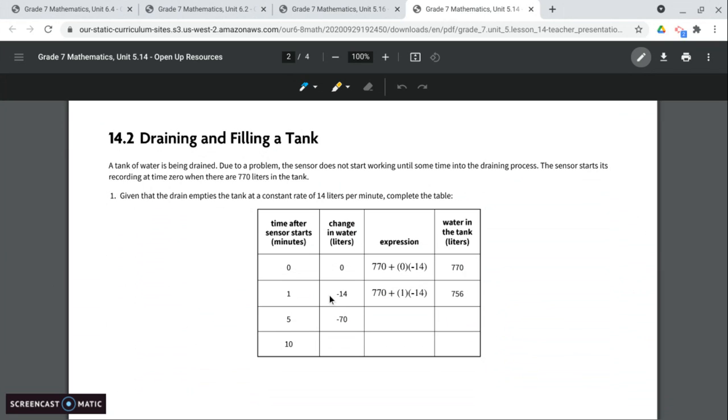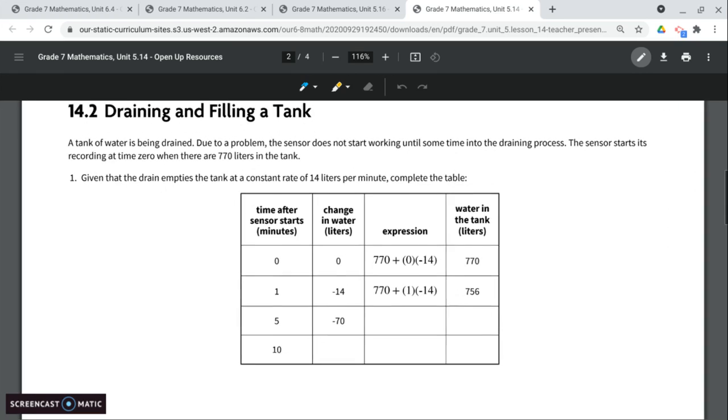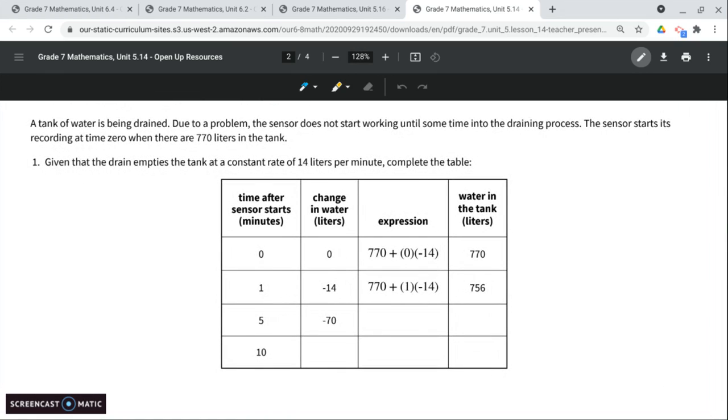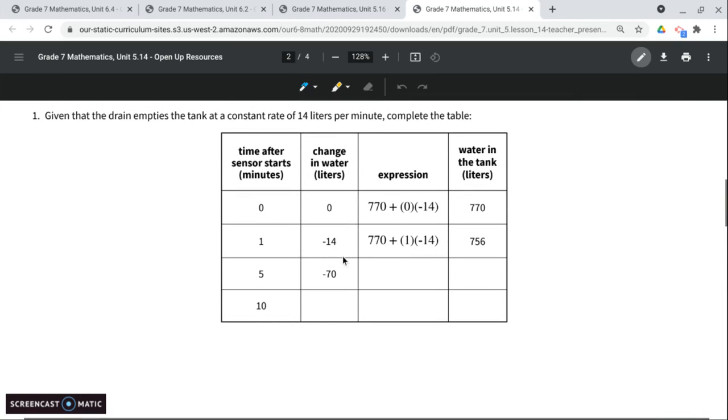So we're at 0, change in water is 0, so 770 plus 0 times negative 14 is still 770. For 1 minute after the sensor starts, the change in water is negative 14, so we have 770 plus 1 times negative 14, which is 756. After 5 minutes, it's negative 70, so we have